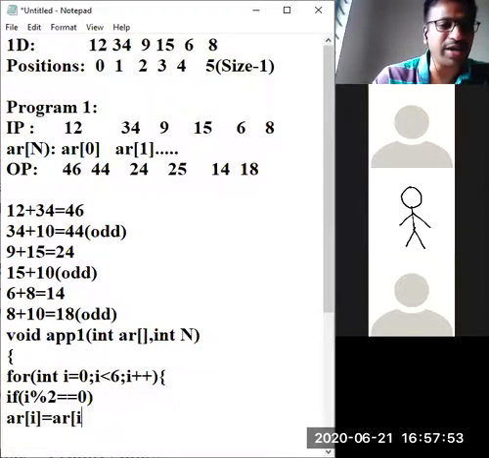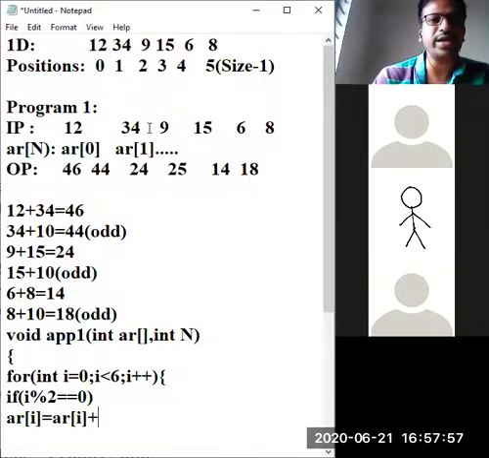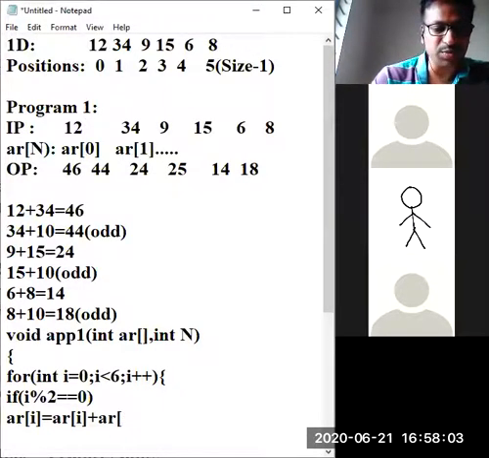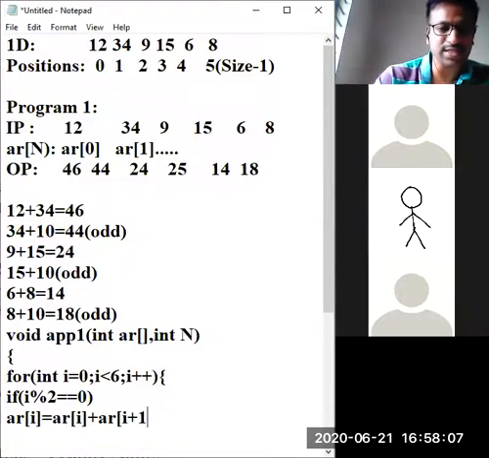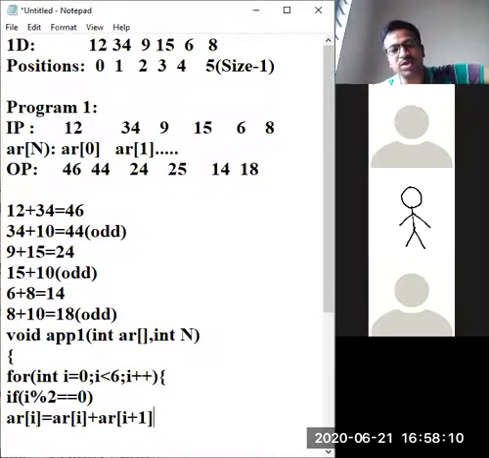AR of I plus 1. Siddhi, try to understand the logic of this. I is 0. True or false? Tell me.